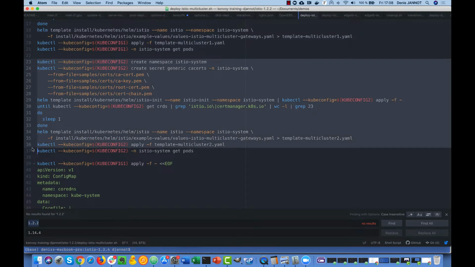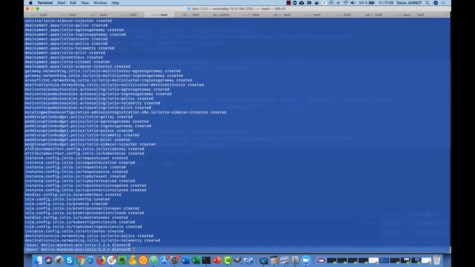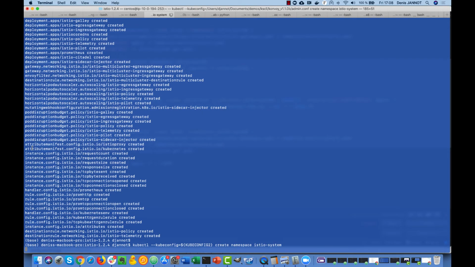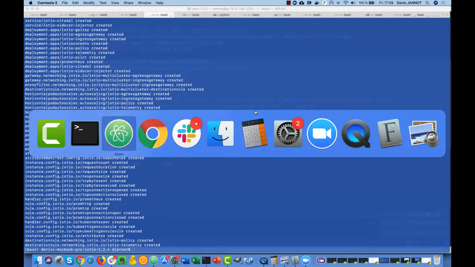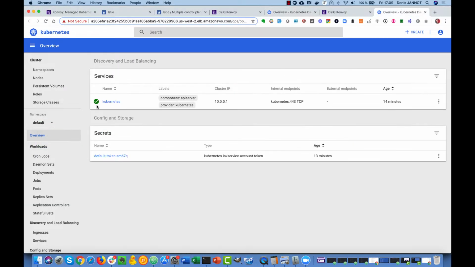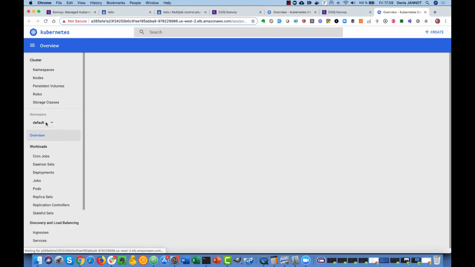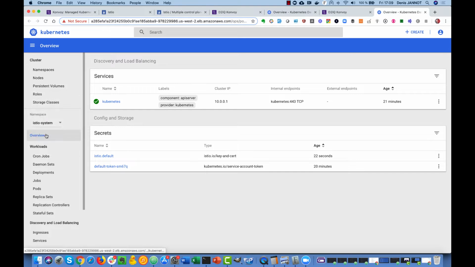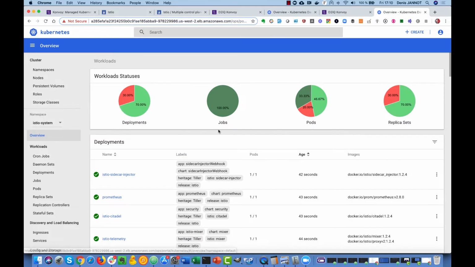Can just save everything. So we can also follow the deployment of this one on that cluster on the dashboard. You just need to wait a few minutes. Okay, so this cluster is deployed as well.